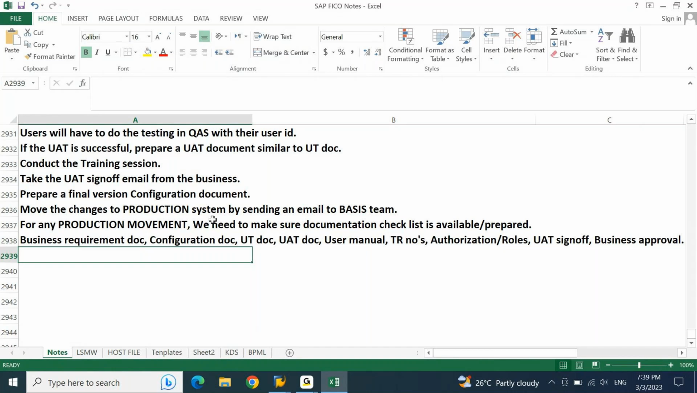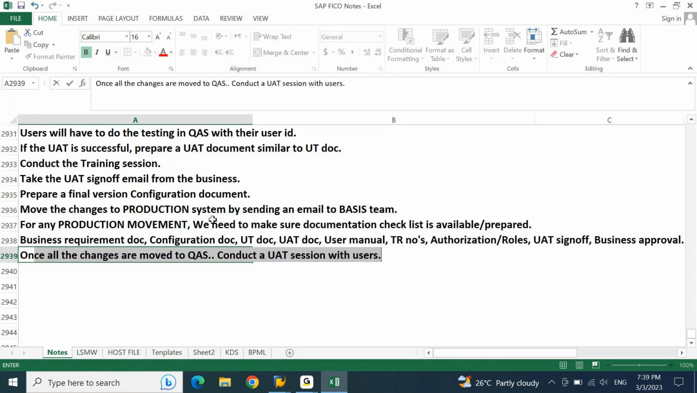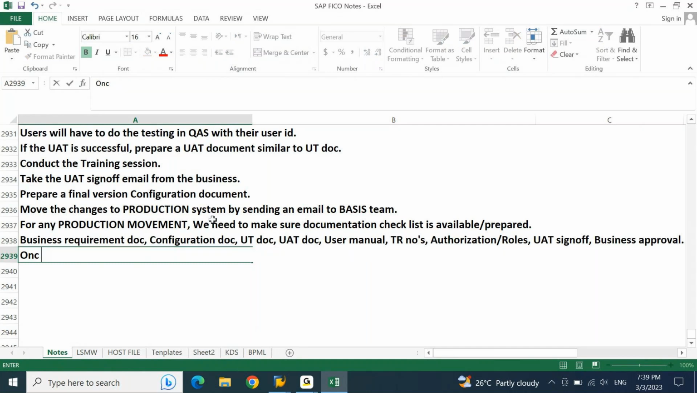They will tell this document is missing. There will be a checklist with every basis team. For any production TR movement, they will ensure all these documents are attached or not. This is mandatory in every project, irrespective of your support, implementation, rollout. Clear? Yes, sir. Now, once the changes are moved to production system,